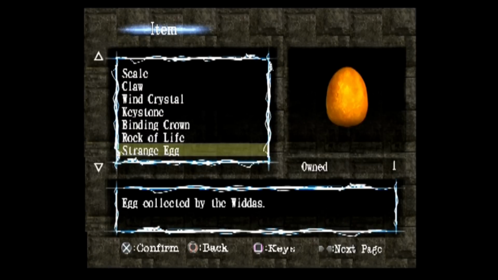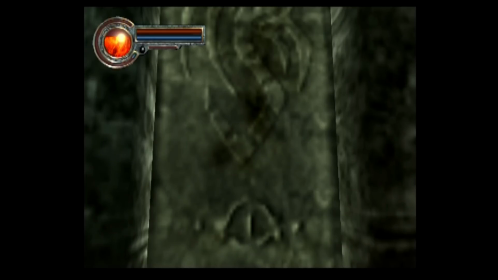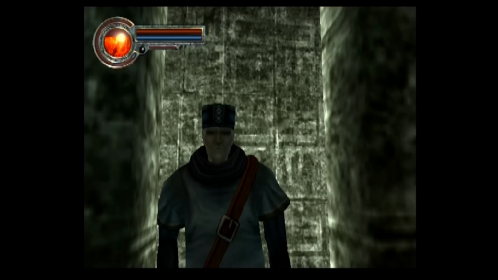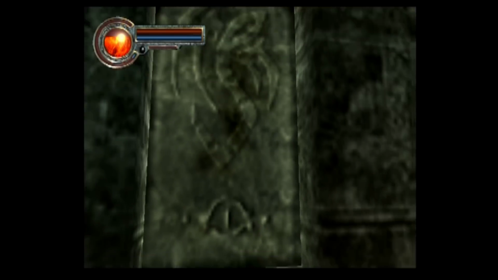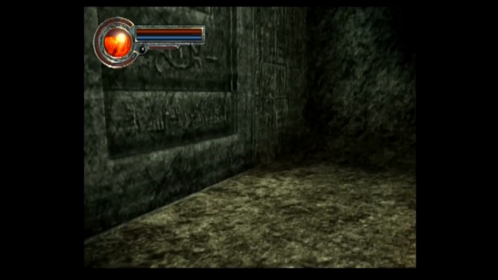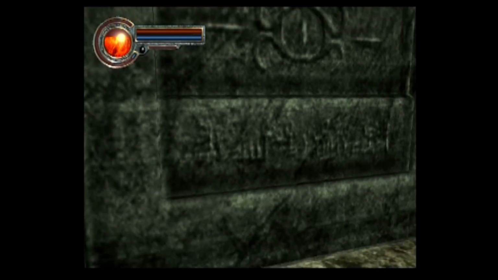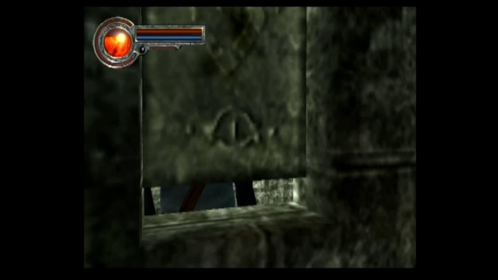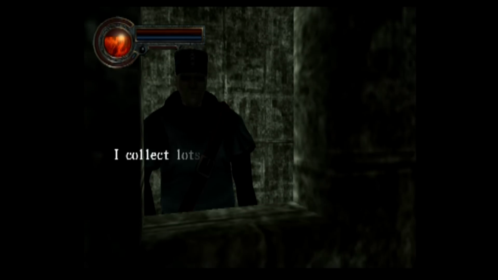Let's see, where is it? Strange egg. Egg collected by the Widda. So now that we do that, he thanks us and he opens the gate. The gate otherwise remains locked, which is why you need the strange egg to progress. So we can now open that up. Boom, progress forward. But before we do that, it's actually worth talking to this guy a little bit more, because